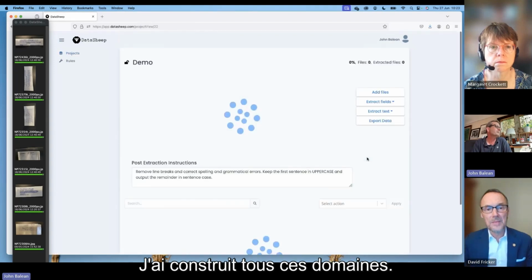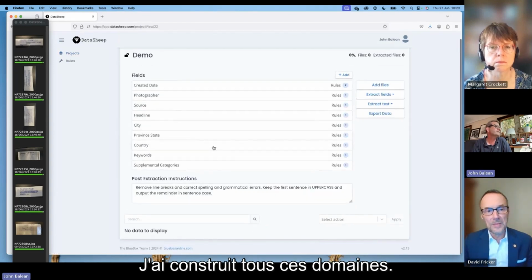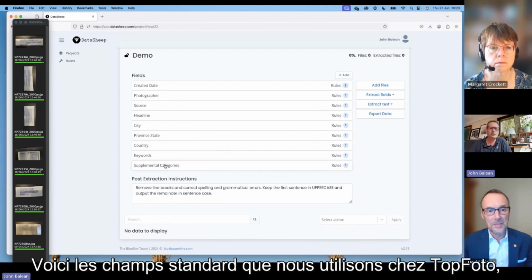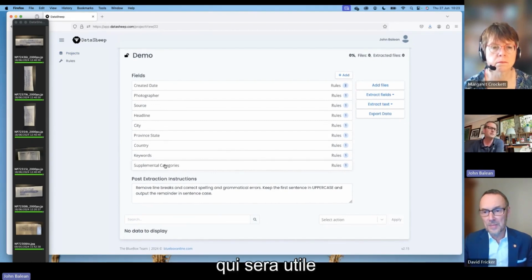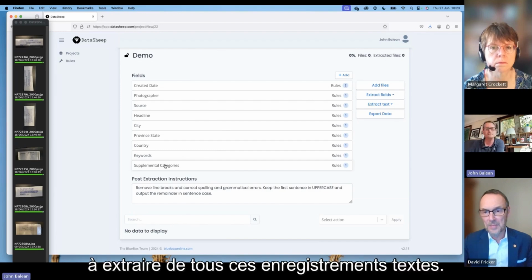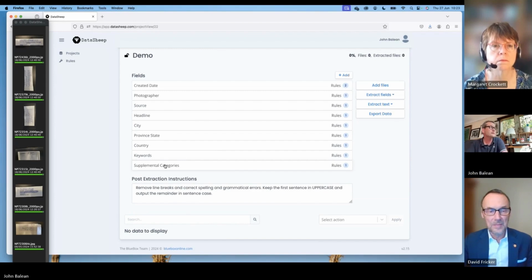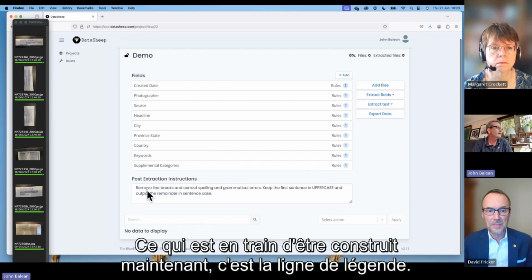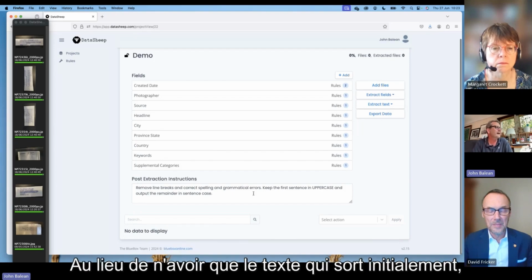So I've built all of these fields. These are the common fields we use at TopFoto to merge, and what I thought was useful to try and extract from all these text records. What's just been built now is the caption line. Instead of having just that